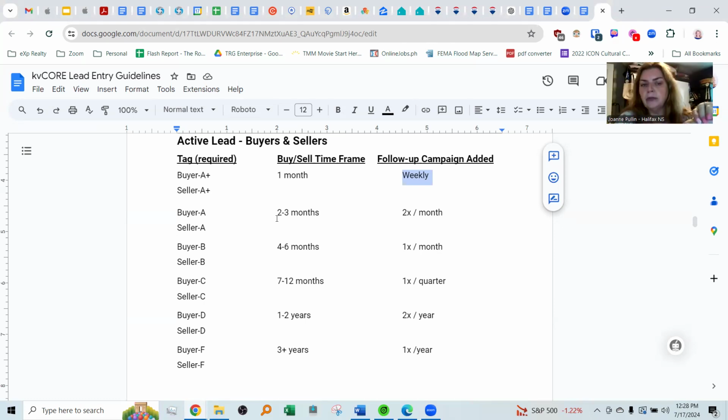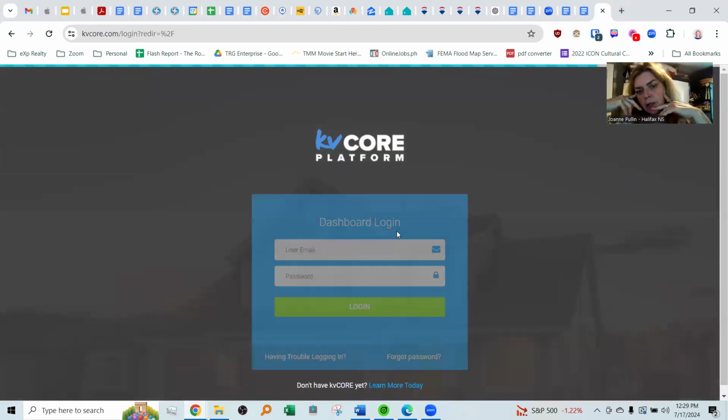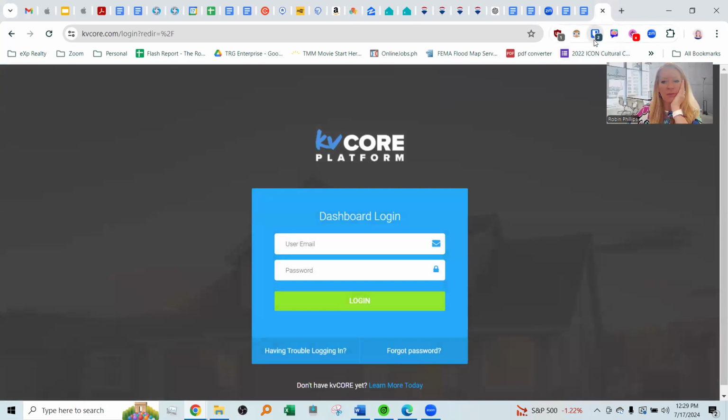So people like to modify these time frames. They like to play around with it. Well, not too much, right? It's not too much, and it's not too little. Do you have other emails and phone calls, like the text going out to them or anything like that besides that? Or are you in control of it? So KV Core is going to do a couple of things that work beautifully.